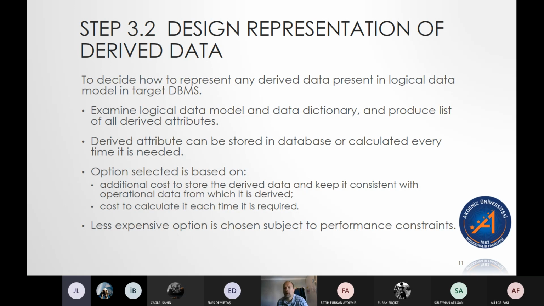What is the extra code? For something like age, it's pretty simple. You take today's date, you subtract their birth date, and you get their age. You're done. But there might be other derived data that's much more difficult to calculate each time we need it. Whichever is less expensive, the cost to store the derived data or the cost to calculate it each time, we're going to choose that,